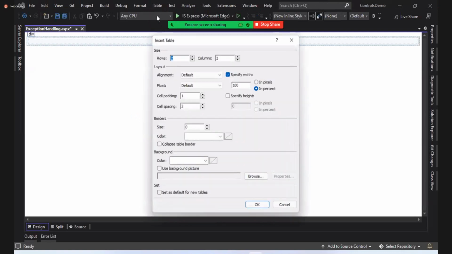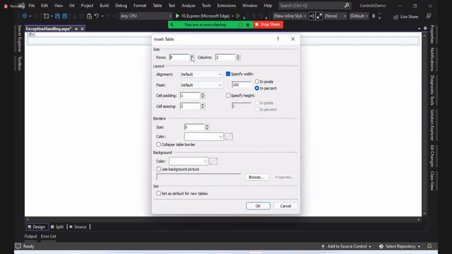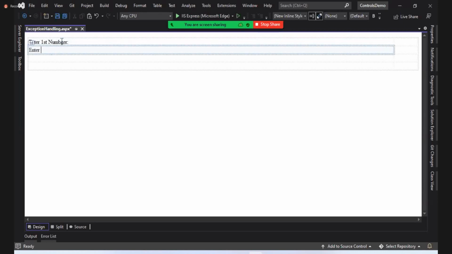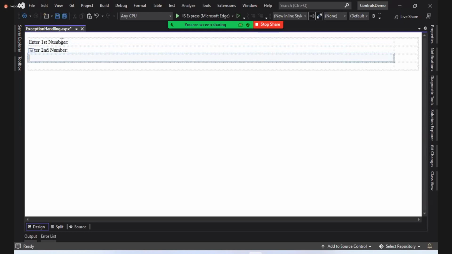Table, insert table. How many rows? 4 rows, 2 columns. Now for the first one, enter first number, enter second number, result obtained,